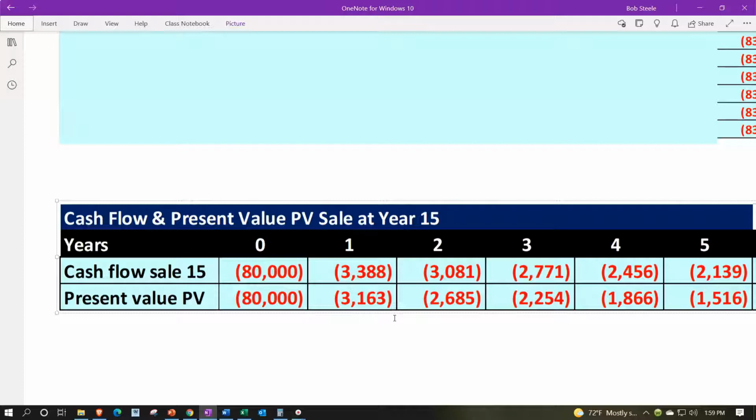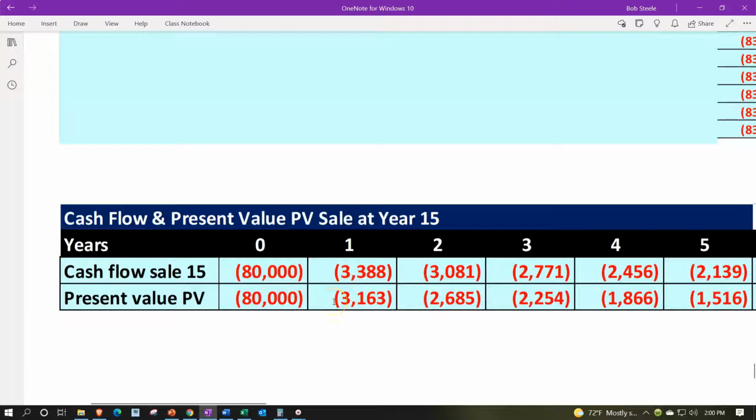Now remember that 7 point whatever rate that we're using doesn't mean inflation rate. The inflation rate might be part of that, but that could include the gain that we're looking to basically be receiving from our investments, meaning what are we getting for this initial investment or outflows that we're putting out up front. So the $80,000, if we discounted back, is currently $80,000 because it's at period zero. If I took that $3,388, present valued it back 1 year, back at that 7 point whatever rate it was,